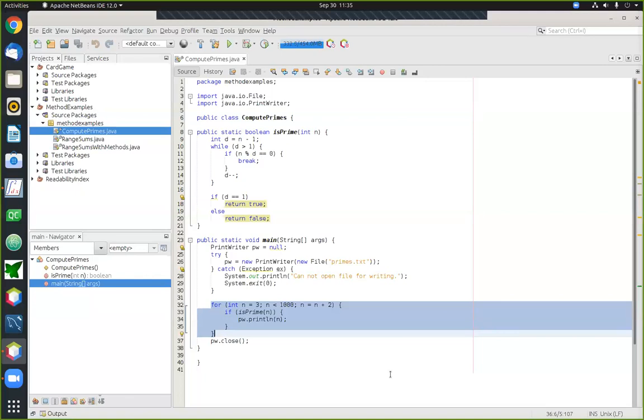And the net result of doing that is it greatly simplifies the place where that complicated chunk of code used to be. All right, so this is really, forgive the pun here, a prime way to simplify a complex piece of code and make it much easier to understand.